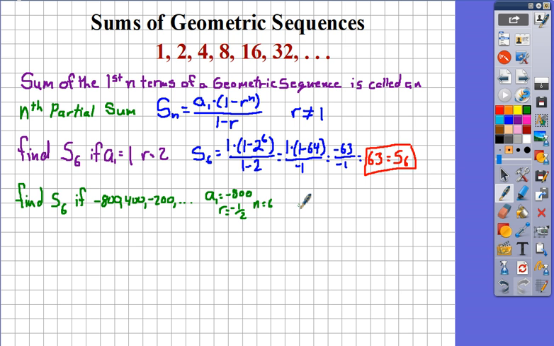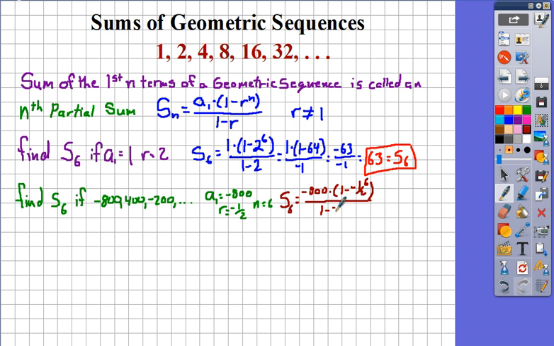So when we plug that in, the sum of the first 6 terms is equal to the first term, negative 800, times 1 minus the ratio, which is negative 1/2, to the 6th power, and all of that is going to be over